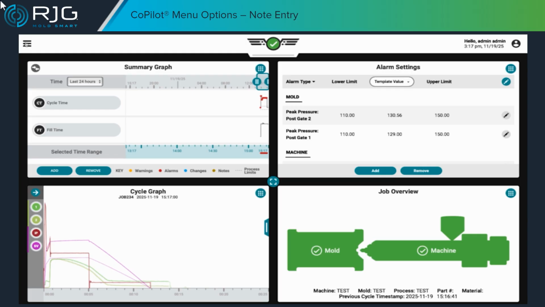As an example, let's say that we recently noticed some pin pushes on the parts being produced during this process, and we decided to slow the process down a bit to mitigate the issue. We are currently at the job dashboard of the CoPilot, and we want to make a note of this recent